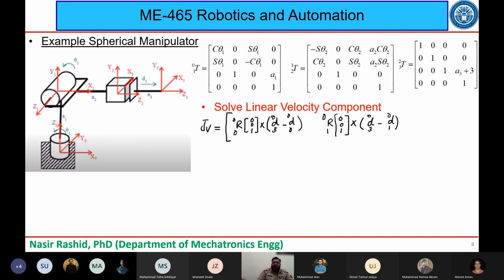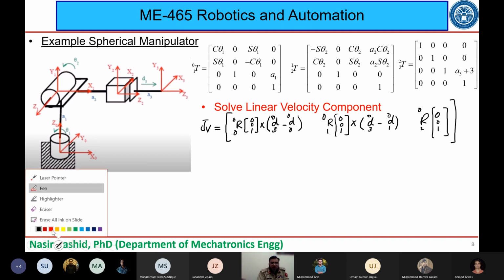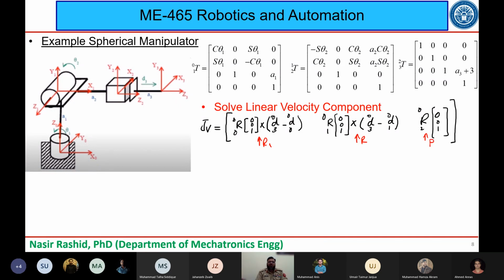तीसरा कंपोनेंट क्या था लीनियर वेलोसिटी का, तीसरा कंपोनेंट जो कि प्रिज्मेटिक जॉइंट के लिए है, सो दैट विल बी गिवन बाय r 2 to 0 into 0 0 1। तो सिंस ये प्रिज्मेटिक जॉइंट है, तो इसलिए इसके अंदर वो क्रॉस प्रोडक्ट वाला जो पोजीशन है वो यहाँ पे नहीं आ रही है। और ये मेरा रेवोल्यूट जॉइंट था, दिस वाज अगेन माय रेवोल्यूट जॉइंट एंड दिस वाज माय प्रिज्मेटिक जॉइंट। अब मैं इनको एक एक करके सॉल्व कर लेता हूँ, ठीक है।